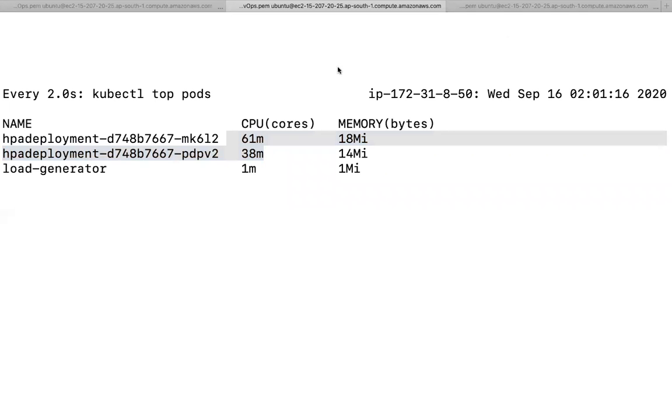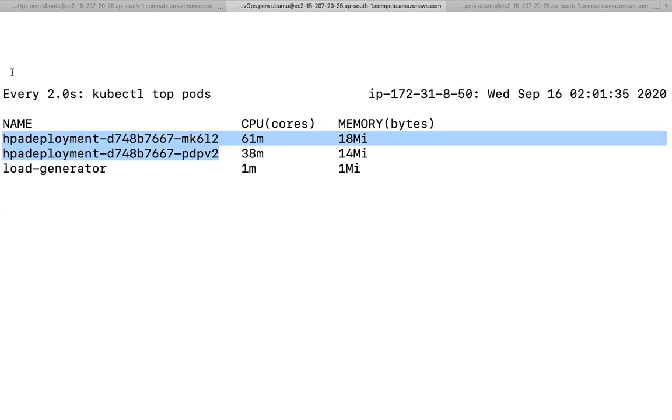Is it more than the target? No, right? So if the average reaches more than 50, instead of 2 pods, it will